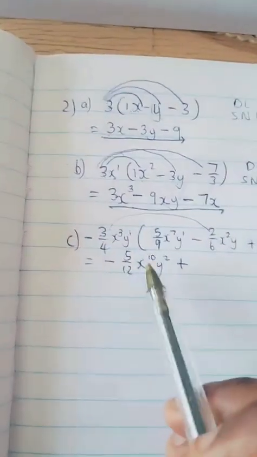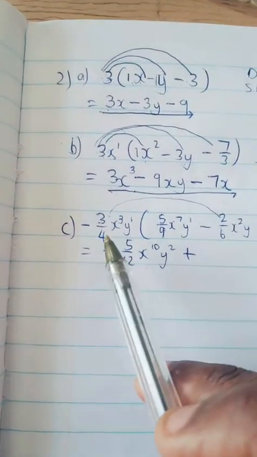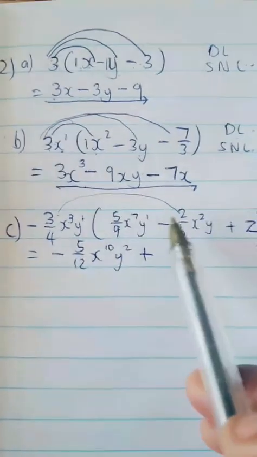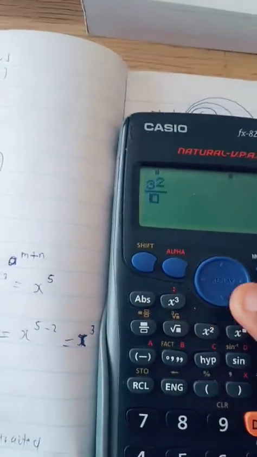Number. So the sign is taken care of. All we have to take care of now is the number. 3 over 4 and 2 over 6. So let's go, 3 over